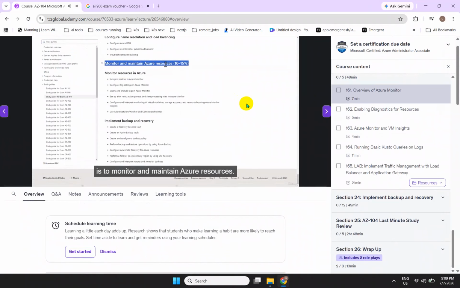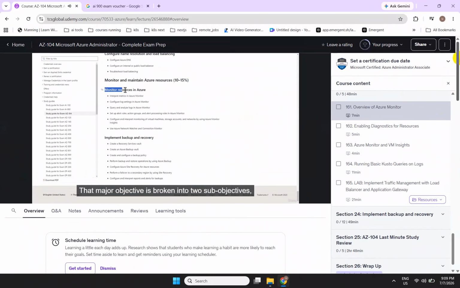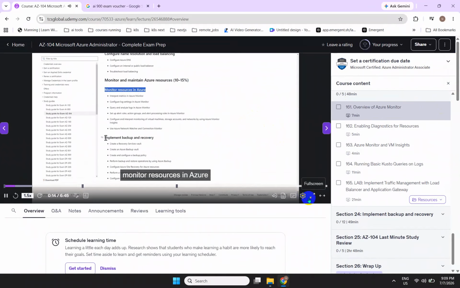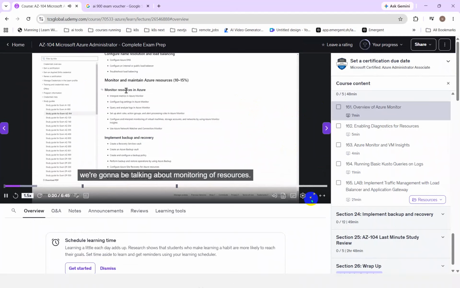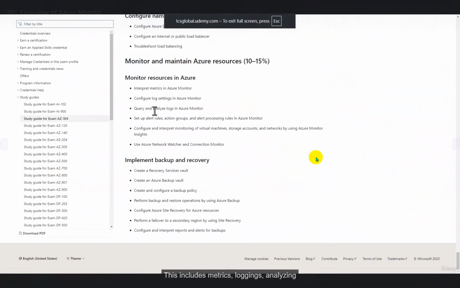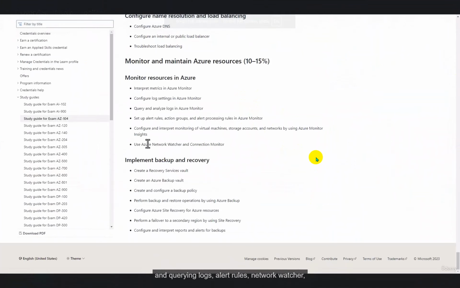and maintain Azure resources. It's worth 10 to 15% of the overall score. That major objective is broken into two sub-objectives: monitor resources in Azure and implement backup and recovery. In this section of the course, we're going to be talking about monitoring of resources. This includes metrics, logging, analyzing and querying logs, alert rules, Network Watcher, and configuring and interpreting monitoring of these various